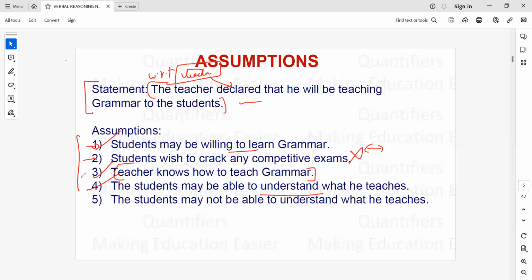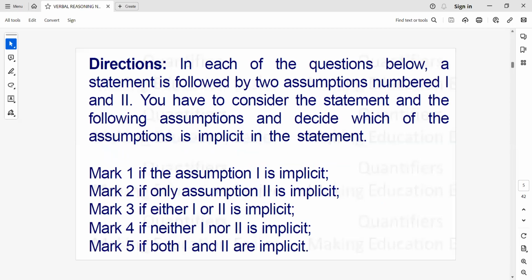So by this, I think you're going to get a rough idea about assumptions, and the assumptions are a little bit clear to you. And of course, you can always ping us on our WhatsApp group or on our YouTube channel wherever you have any kind of queries. We'll be more than happy to help you with that, right?